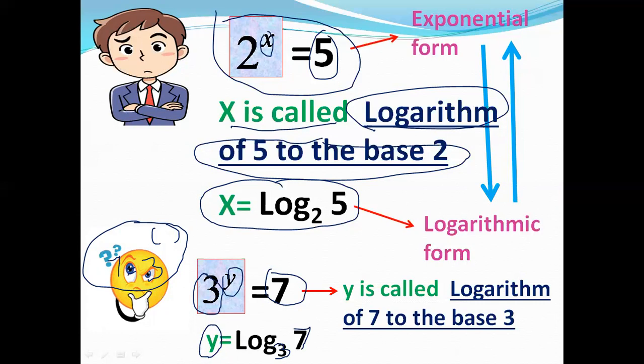Suppose I take some exponential form and logarithmic form. First I take the exponential form. Now I have to change this exponential form into logarithmic form. That means we have to find x. Here we have to write 19 as a power of 6. We can't write 19 as a power of 6, so in this case also we use the logarithm to find the value of x.